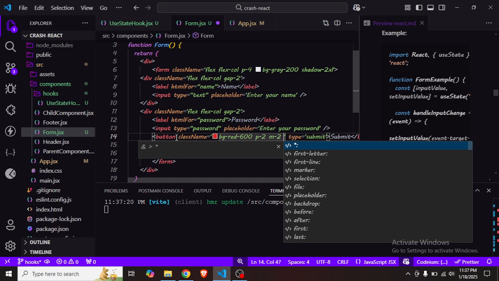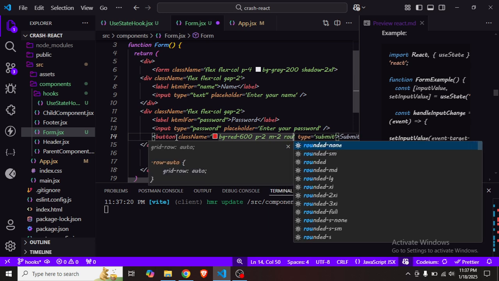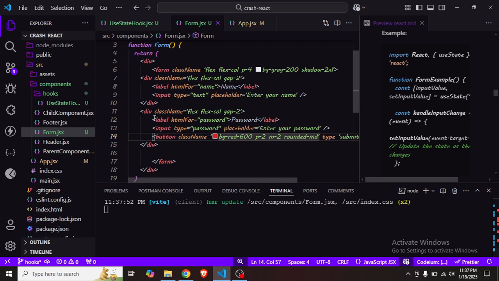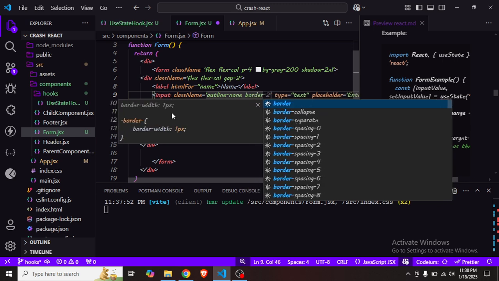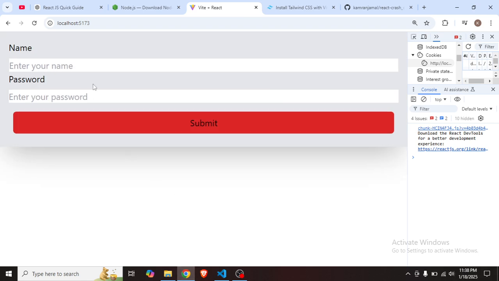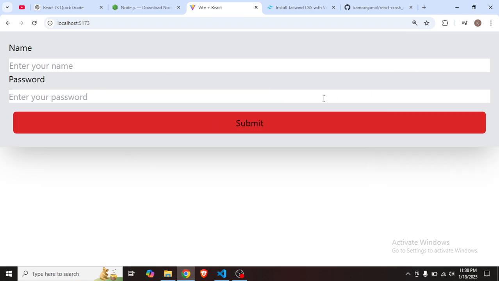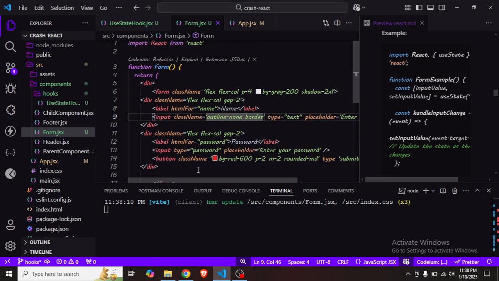Okay, and let me make it a little bit rounded. Okay, and for the input I also want some amount of styling, outline none. Okay, and the border, border is border. Okay, now let me see how it's looking. Now I think it is good. Now if I write here something, here you can see it is visible, but I will have to do something with this form. So